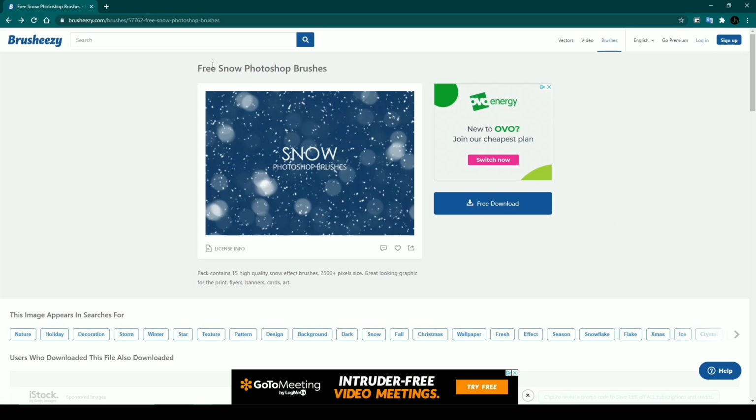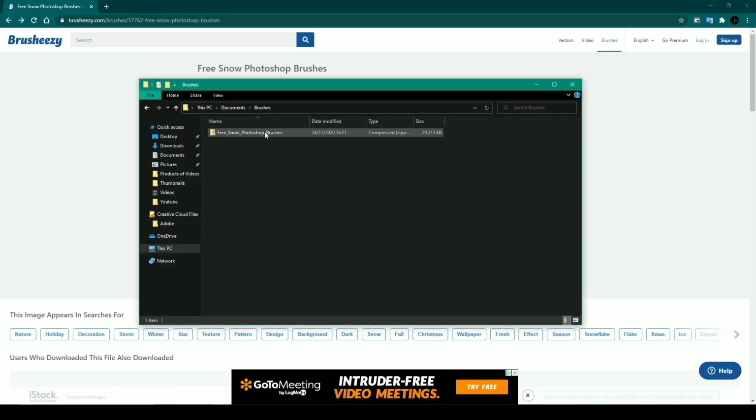What you're going to want to do is find a brush that you want. So I've gone for snow here because I need to use snow. And then you're just going to hit that free download button here and then choose a place in your file explorer to save the brush. I've already downloaded it, and then save it,